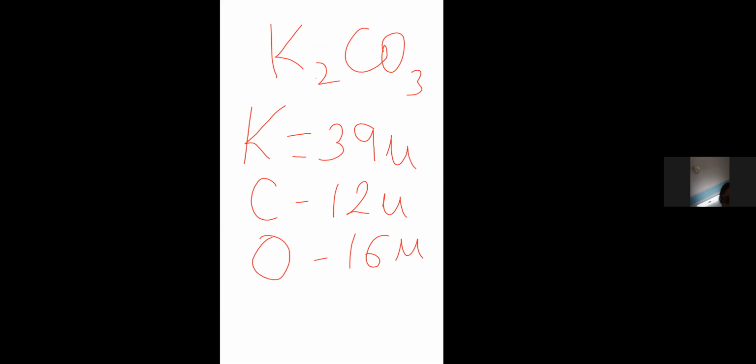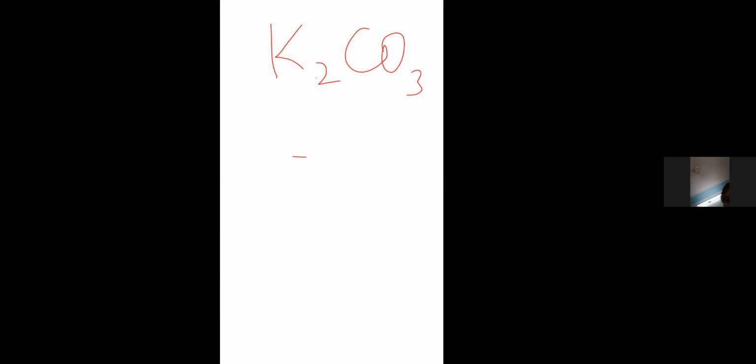Okay, now let's discuss. As potassium is having 39, how many atoms of potassium are there? 2. Plus carbon 12. And how many atoms are here? 1. Where you have to use the multiplication sign and where the sign of addition, you should know. All right. This is the last sum I am explaining, and then the next practice we will do in our next class. Do the practice by yourself till then.